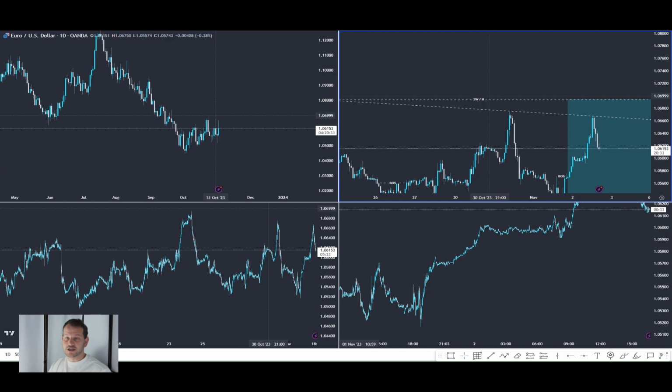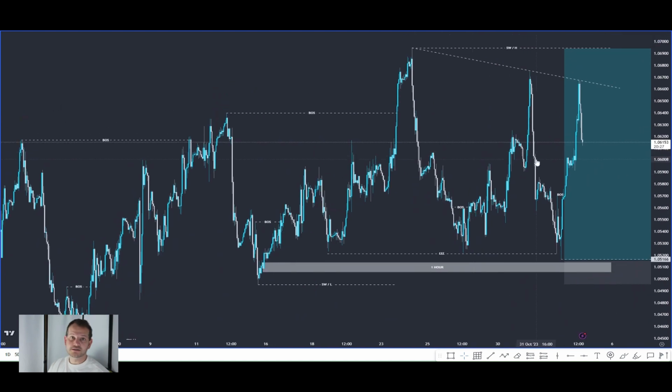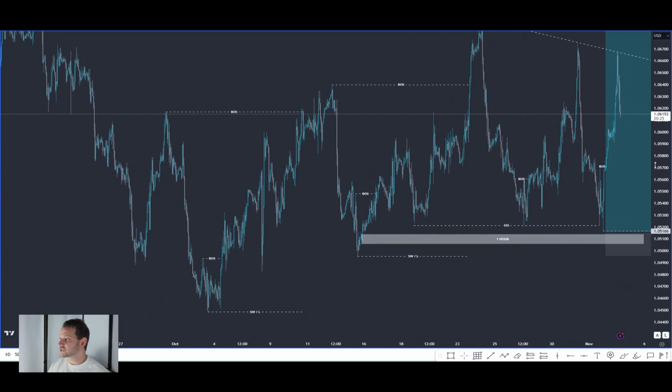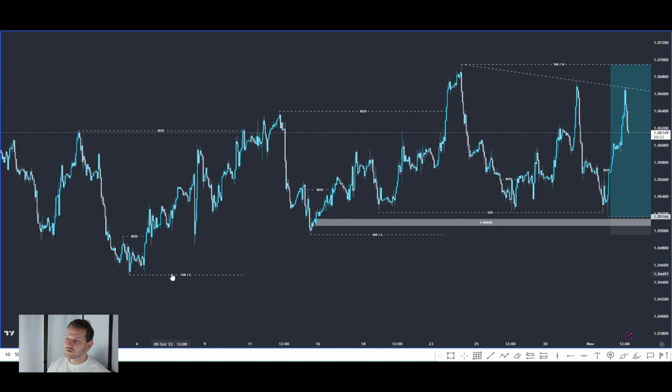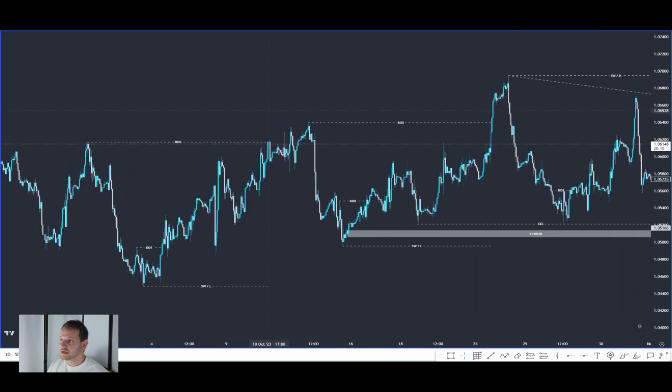So for this trade, real simple. I marked out the market structure on the hourly time frame. As you can see, we've got the low here, the ultimate low at the minute. We've got a higher high, higher low, higher high, and then a higher low, which is where the trade came in. So at the time, I